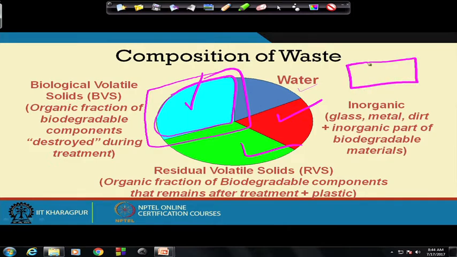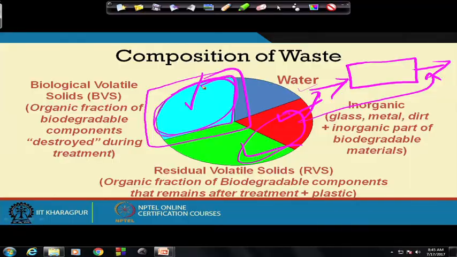So, it is not all going to react. If you think about a box, saying that this is my compost system as a box, we have certain input and we will have certain output. So, these two fractions will get into the system and then they will just go out of the system, they are not going to react at all. What is going to react is this fraction. So, we have to design our air injection system and all those things for this particular fraction. First we need to know the quantity of this fraction as well as the quality of this fraction. When I say quality, it is basically the composition,